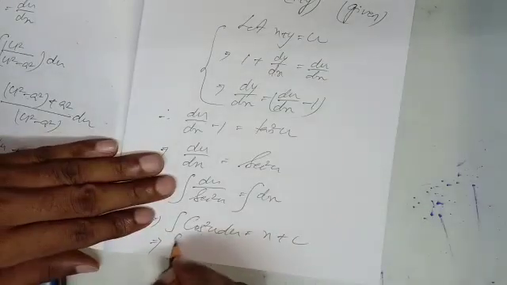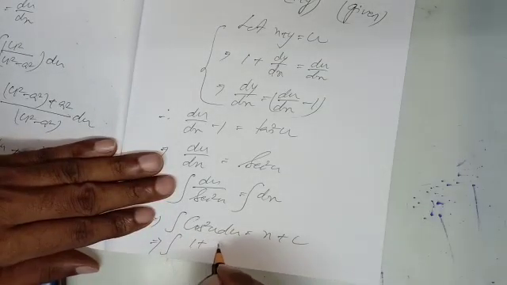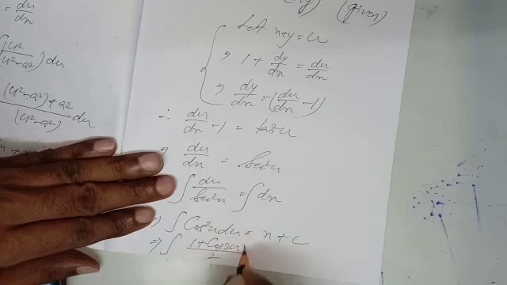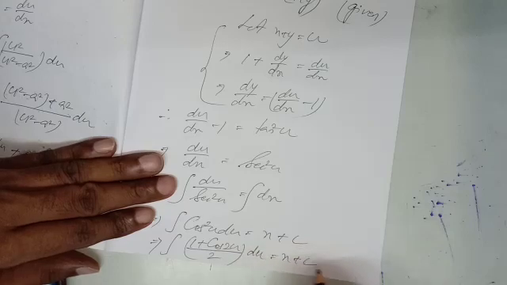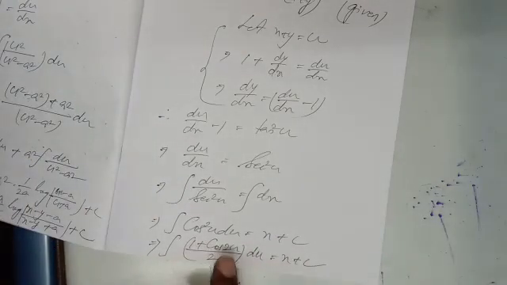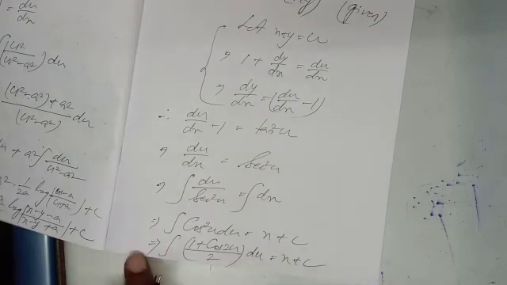What is the formula for cos square u? That is (1 plus cos 2u) by 2, since 1 plus cos 2u means 2 cos square u, divided by 2, only cos square u. There is no direct formula for integration of cos square u. You have to write it in terms of multiple angle, that is (1 plus cos 2u) by 2, equal to x plus c. After that you can easily integrate, means 1 by 2 taken outside, 1 du and cos 2u du.